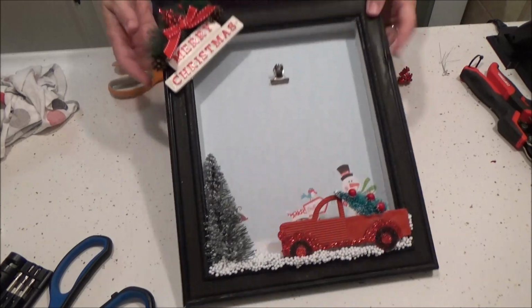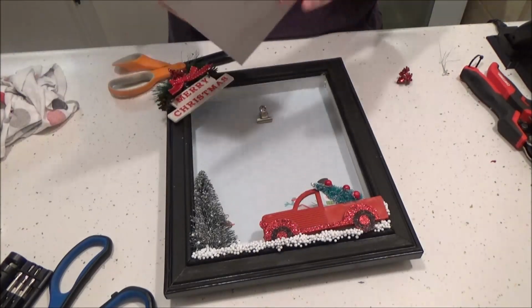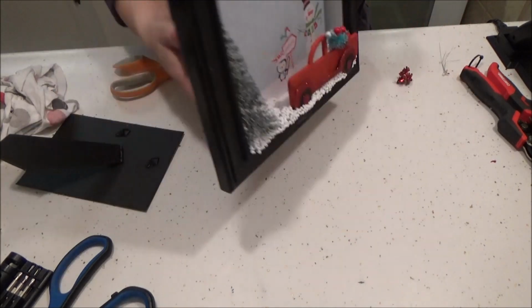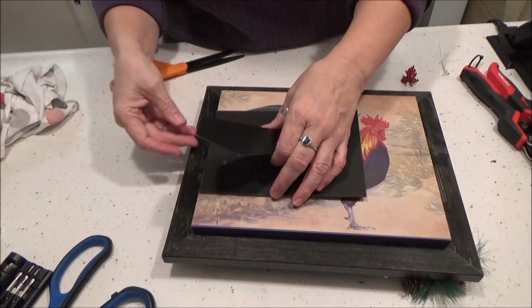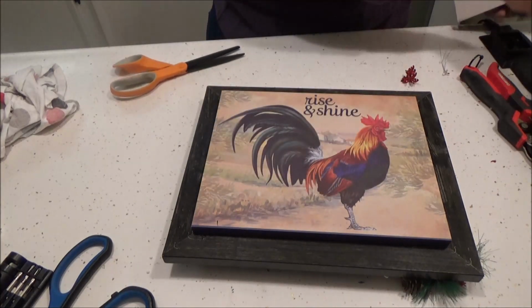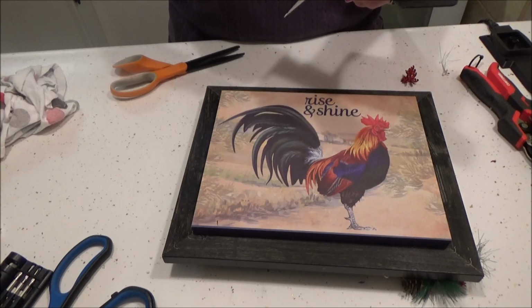And then you can either put a hook on this to hang it, or I'm going to put a kickstand on the back of it so it'll stand. And this is just one from off of an old picture frame. So all I'm going to do is turn it over and glue this right to the back. And I'm not going to make it even with the box. I'm going to make it even with the frame. That way it'll stand up better. It won't lean so far back. I'm just putting a good...